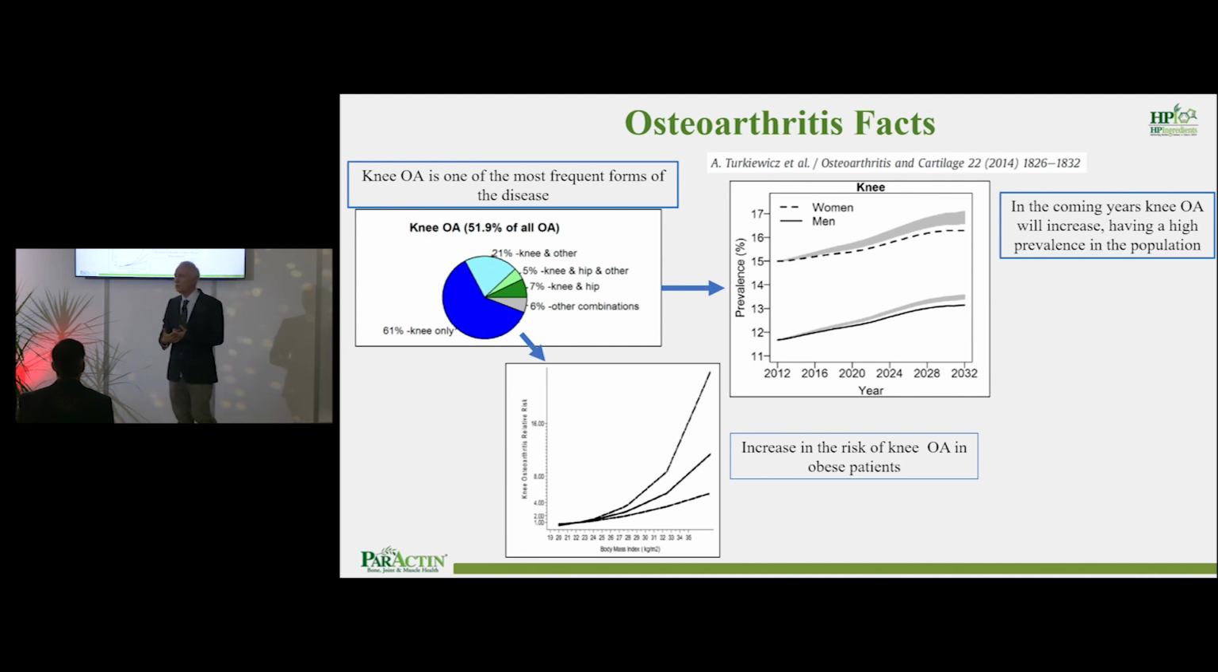And then we looked into osteoarthritis. Some of the osteoarthritis facts: one of the most frequent forms of the disease is knee osteoarthritis, which goes up to 61%. The problem is that over the years, the prevalence of the disease will increase in men and women. On the other hand, it is very closely related to the body mass index. As the body mass index increases, you have a higher risk of knee osteoarthritis, right? And in the coming years, we know for sure that there will be a high prevalence in the population, right? And so we decided, next one,